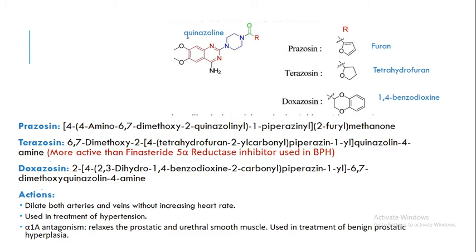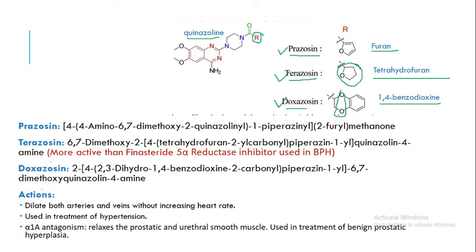So if you look at the structures of the various quinazoline derivatives, first is prazosin, terazosin and doxazosin. Where this alkyl group is a furan ring, then it is called prazosin. Tetrahydrofuran, that means the saturated derivative of furan, then it is terazosin, and in doxazosin a 1,4-benzodioxin ring is there. Oxygens are there, so that is called benzodioxin. So these structural features are present in different